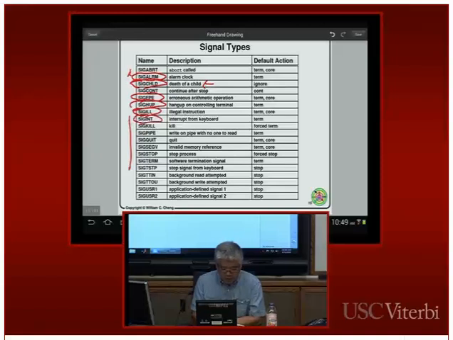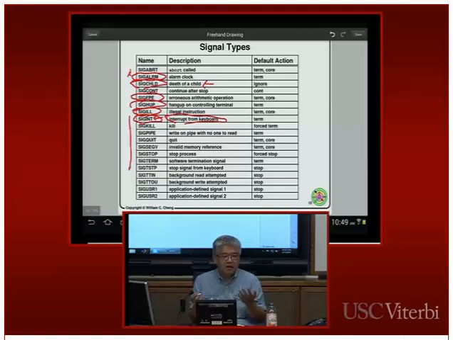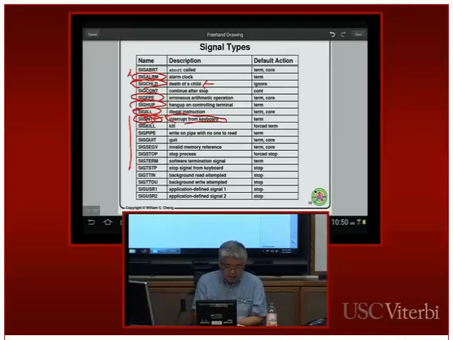If you have a keyboard interrupt on the keyboard, you're going to get a SIGINT. So when you press Control-C, SIGINT is going to get delivered to your user process. This is why people call it a software interrupt, because SIGINT means interrupt. Unfortunately, it doesn't mean hardware interrupt, and we're using the upcall mechanism. SIGKILL is another process trying to kill your process, and SIGPIPE is related to networking, quit, and then segmentation fault,